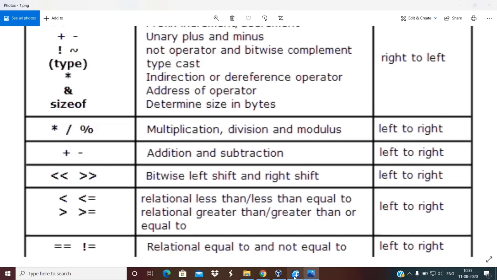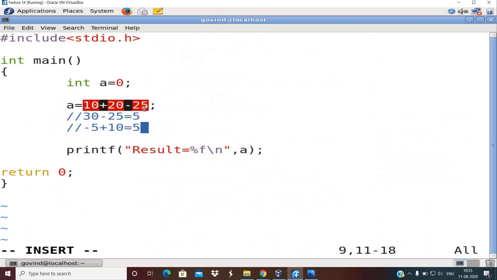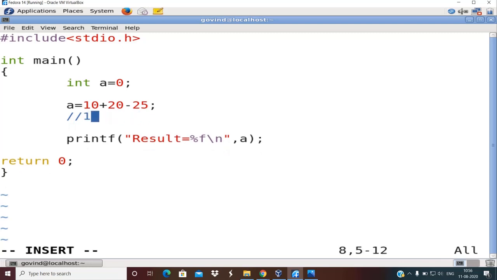It means given this expression which has arithmetic operators, you should start evaluation of this expression from the leftmost part to the rightmost part. So which is the leftmost arithmetic operator available here? Plus. So always 10 will be added with 20. So 10 plus 20 will be 30, right? Now this 30 gets replaced with 10 plus 20. So the leftmost part is finished. Then the remaining negative sign will be operated, so it gets subtracted with 25. So the final answer you get is 5.